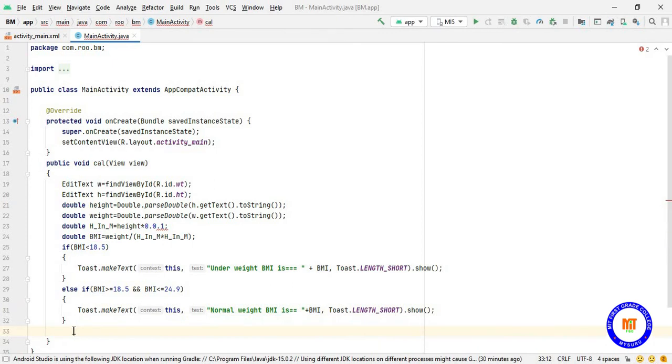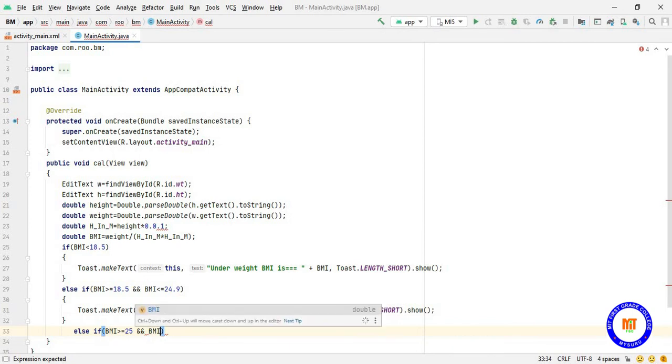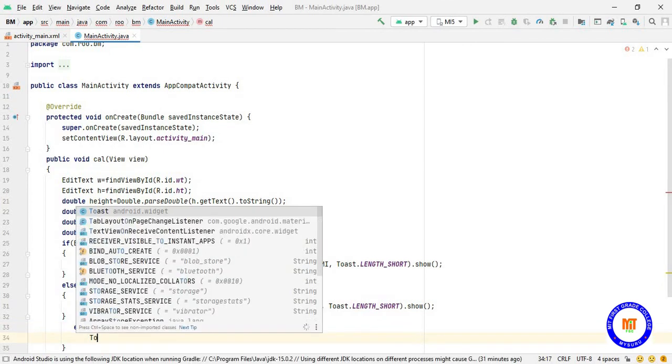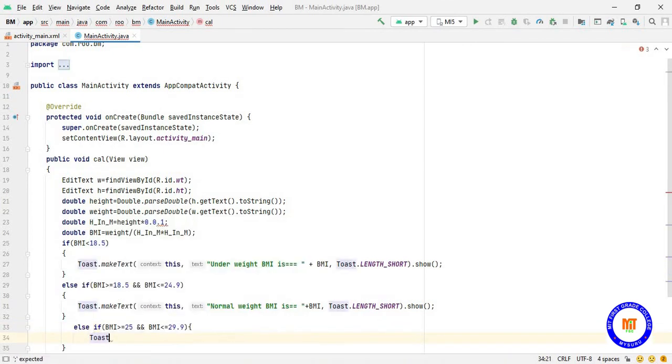Then again use else if to check the next condition. If BMI is greater than or equal to 25 and BMI is less than or equal to 29.9, then it is overweight. So I'll show that with Toast.makeText.